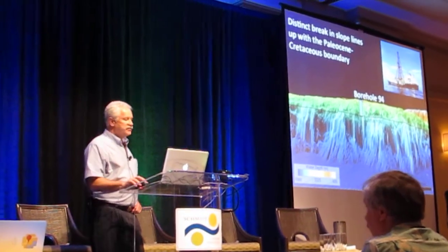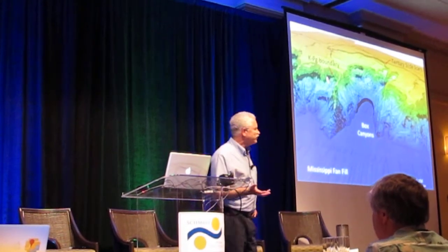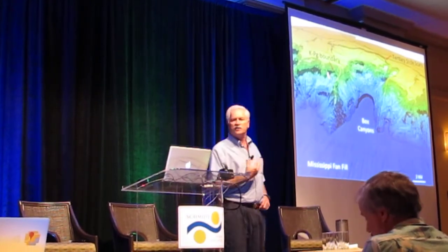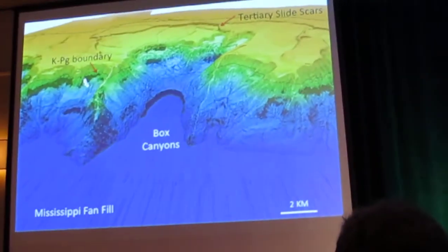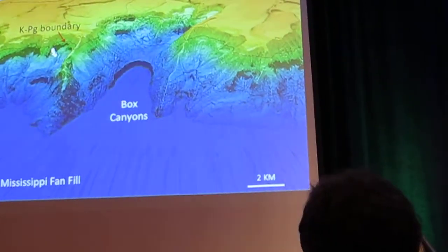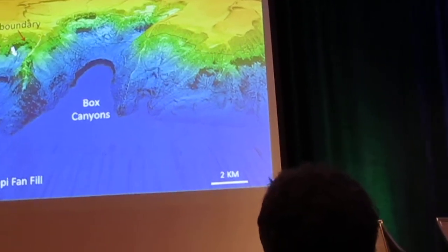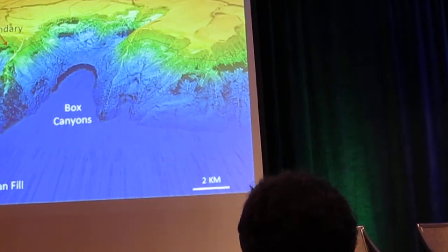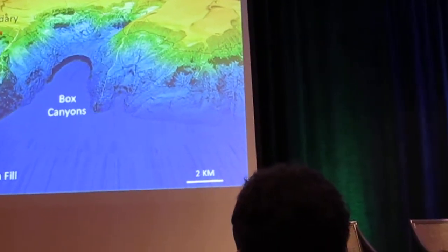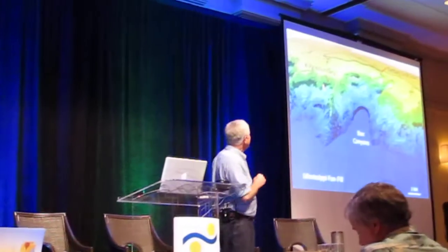Now, like any data set like this where one collects a lot of information and maps a big section of it, there are all kinds of curious things going on. One of the things that we've discovered in this is there were large landslide deposits that are also in the Tertiary section. Other people are now modeling these landslide scars as being possible tsunami generators for things going into the US Gulf Coast. I myself am particularly interested in these box canyons because they're rather bizarre. There are about 80 of them. You note that this canyon has no central